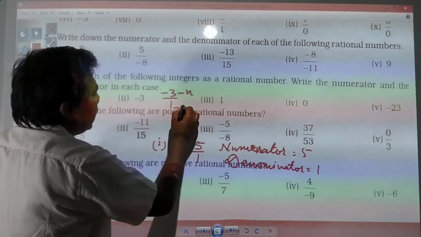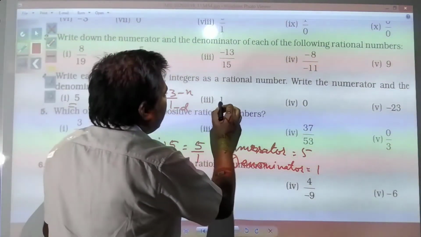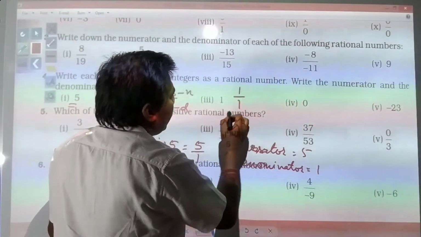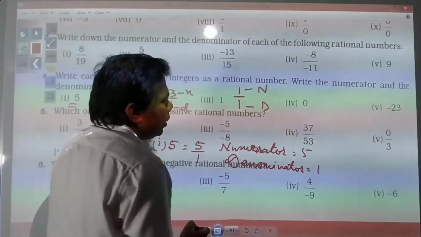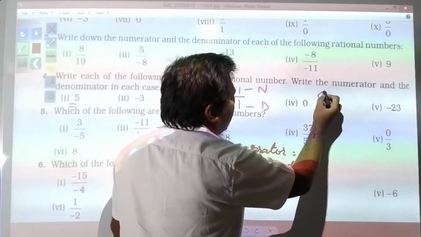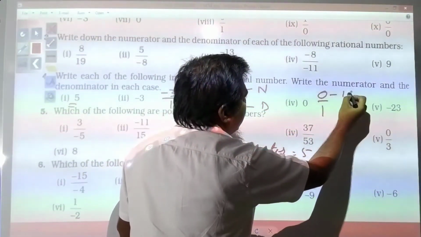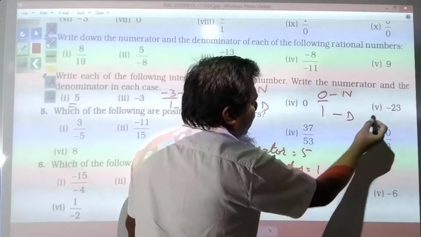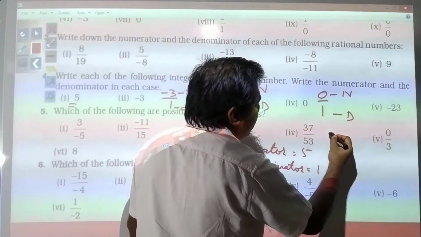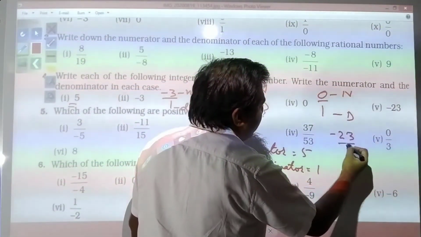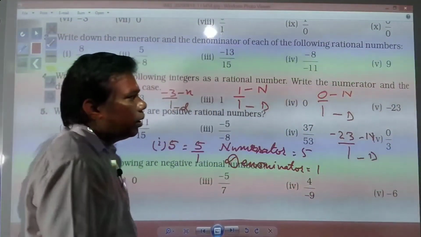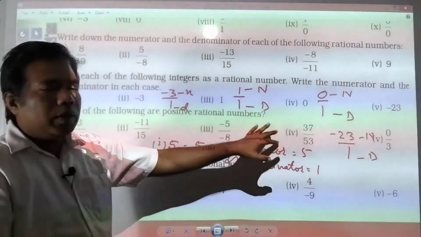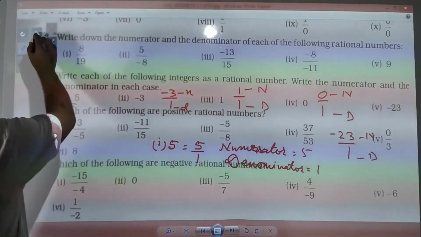1 can be written as 1 by 1, where this is numerator and this is denominator. 0 can be written as 0 by 1, this is numerator and this is denominator. Minus 23 can be written as minus 23 by 1, here you have numerator and this is denominator. So in this way this is required to be solved. Next you see,